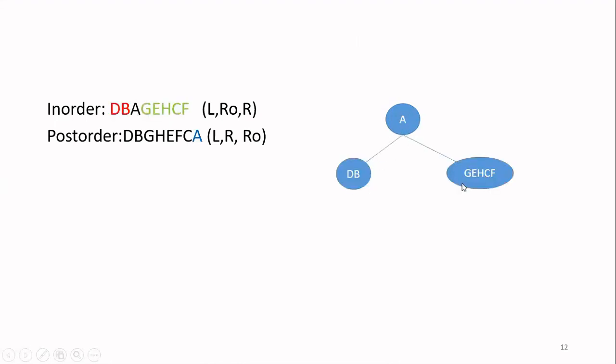Once I draw the left and the right subtree, now I have to proceed to those particular trees. So I'm coming to the subtree DB. Now out of DB, I have to see which is the root node for this particular subtree. So go to the post-order again, then start from the right direction, move towards the left and see out of these two which comes first. So I'm starting here in the rightmost direction. I'm moving towards the left. When I move towards the left, out of DB, B comes first. So B is the root node.